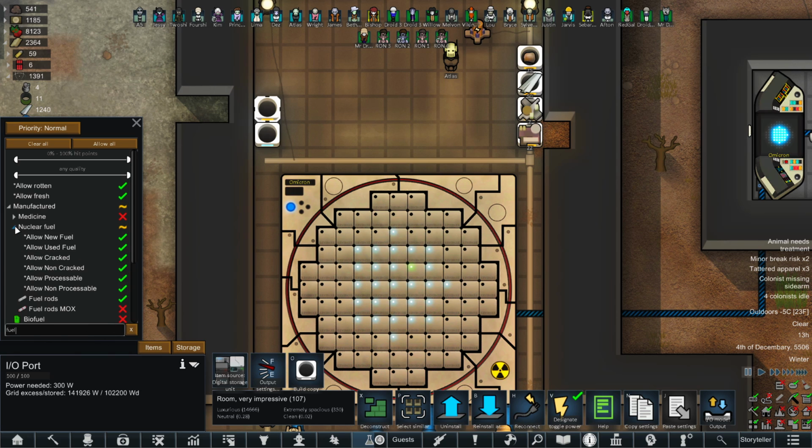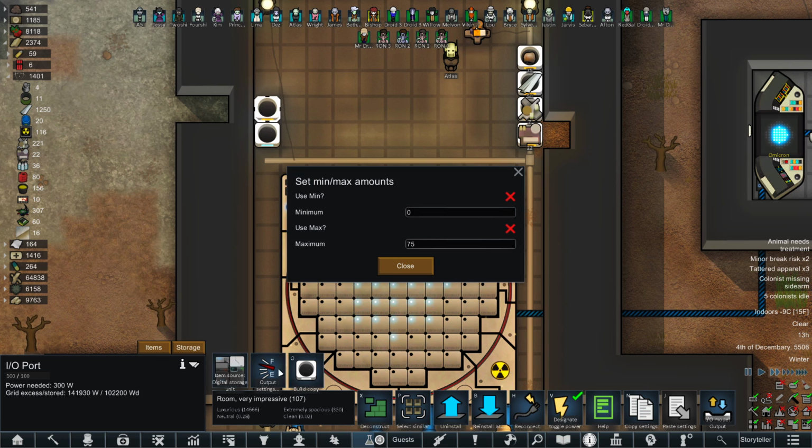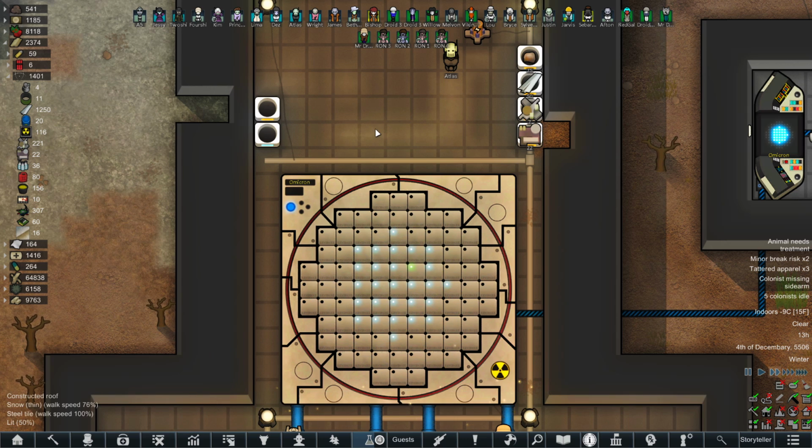Nuclear fuel. Allow new fuel rod. Allow used. Allow fuel rods. I don't care. Just be any. And then go priority critical. How about that? Is that going to help me out? How about if I change the output settings to say minimum of 1? Yes, and go. Survey says,